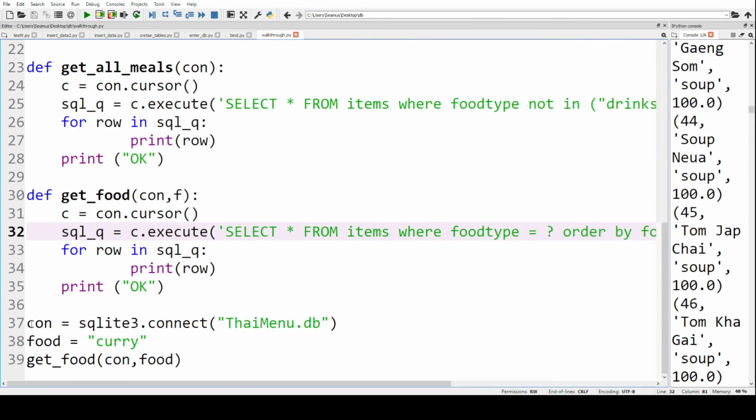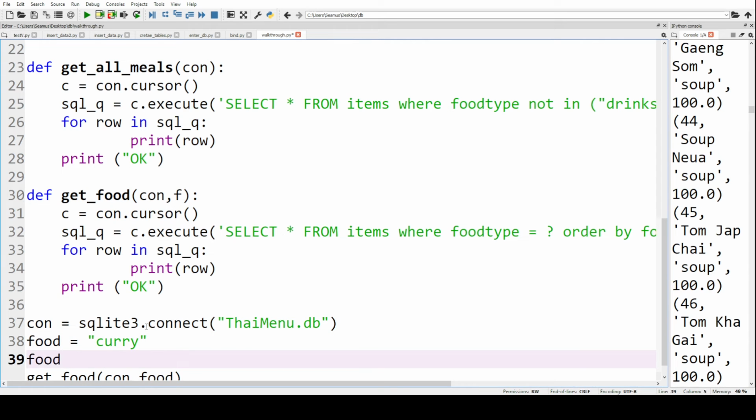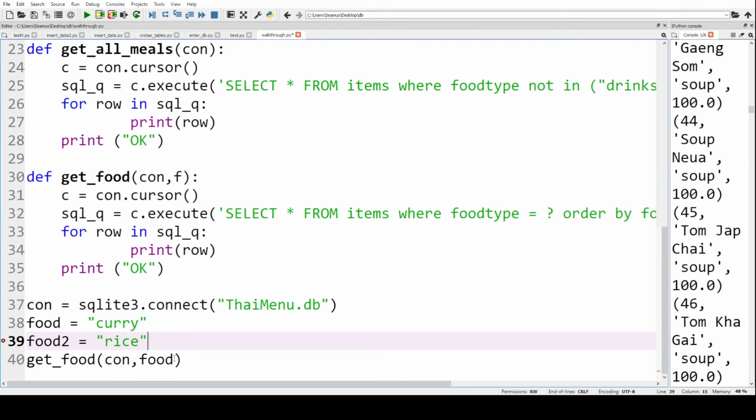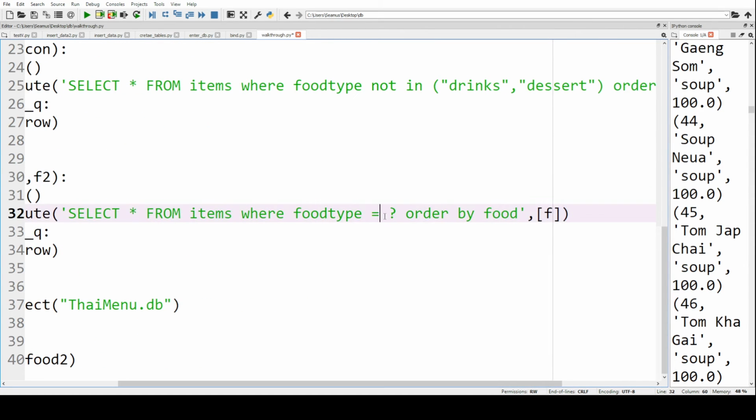SQL injection will not work with a bind variable. So we can increase our variable use. For example, let's say we want to enter 2 food items and say food type in either curry or rice, so as we did before. So now we can pass the 2 variables, and in our code we can use food type in,